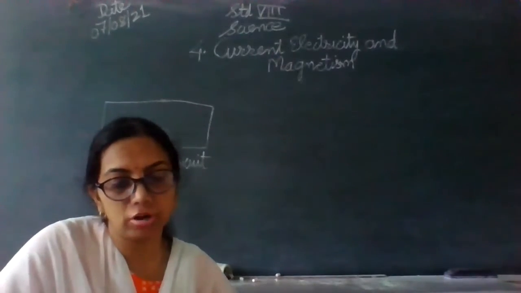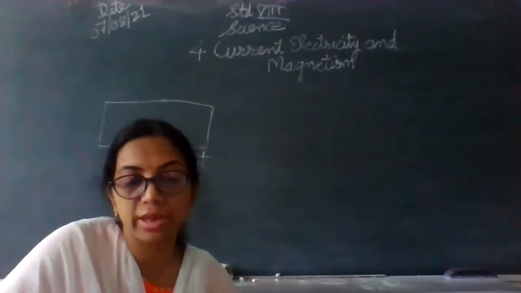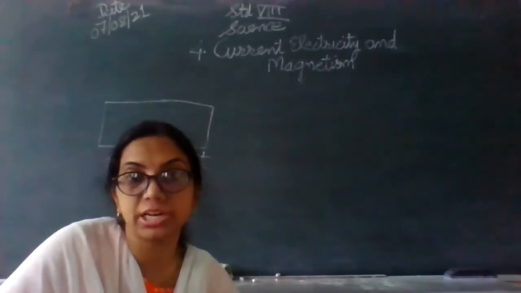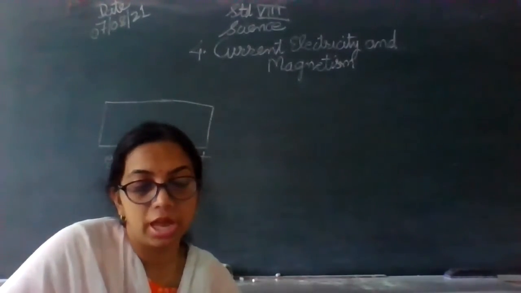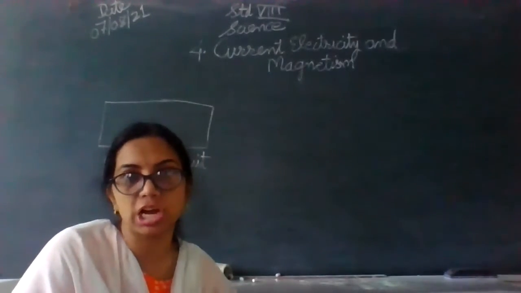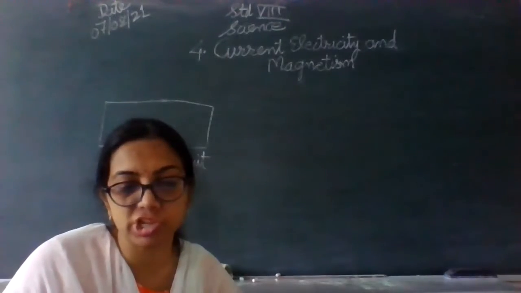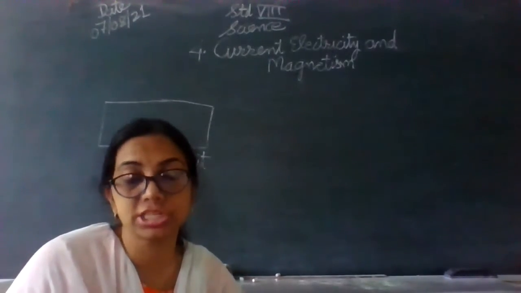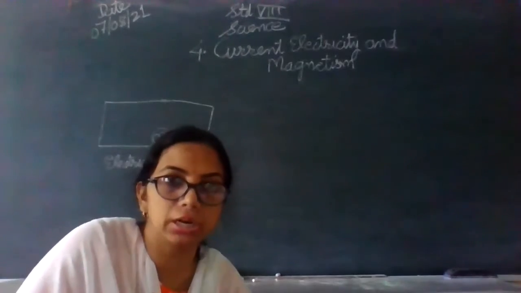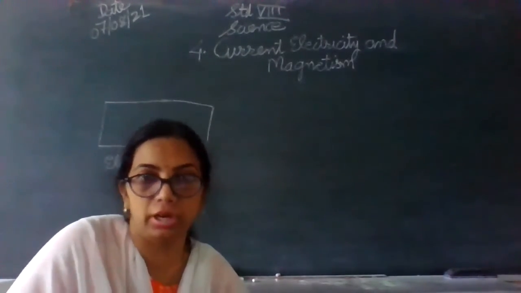So, what are all the constituents of an atom? In earlier class, we have studied the structure of an atom and what all are present inside an atom. An atom has some number of positively charged protons and negatively charged electrons. They are both same in number. That makes the atom electrically neutral.